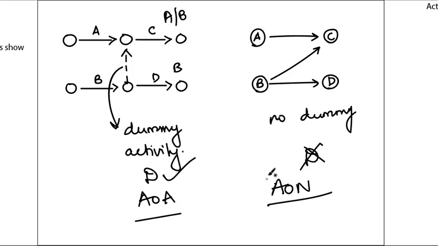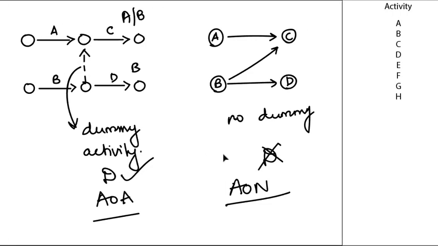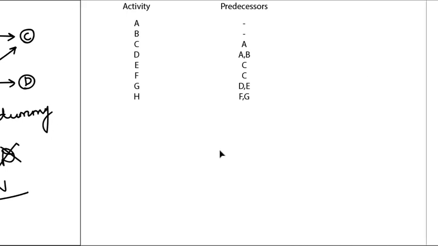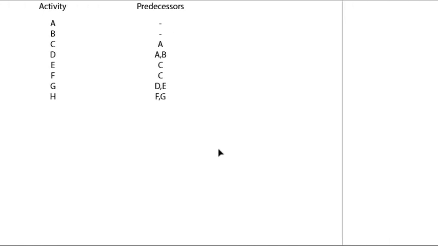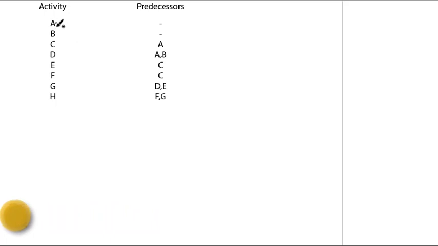So now let's see a very basic example. It's a simple example. Let's draw one diagram. This is just an example. So here I have a list of activities. There is A, B, C, D, E, F, G, H. They can be any activities depending on a project.